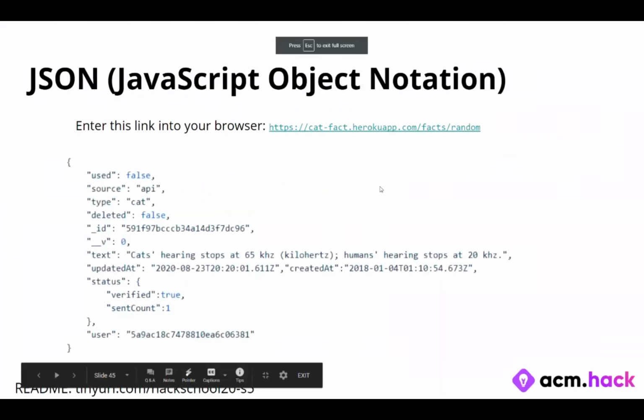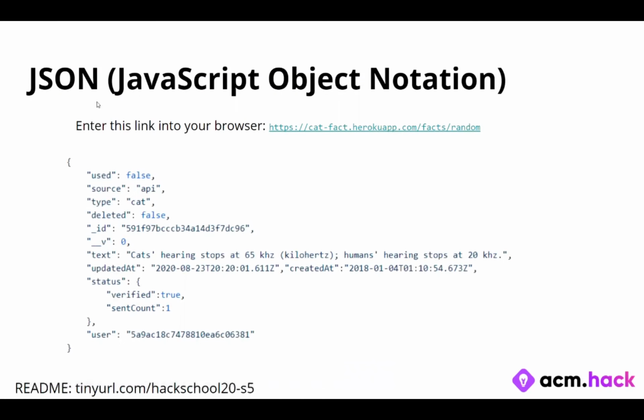And well, turns out that this is called JSON, and JSON stands for JavaScript Object Notation. There's more about the differences between JavaScript Object Notation and JavaScript objects in the README, but you just need to know that JSON is what web APIs give back to you, and JavaScript cannot use this JSON as it is. It needs to use some special methods to convert this JSON back into JavaScript. And we'll learn about these special methods later.